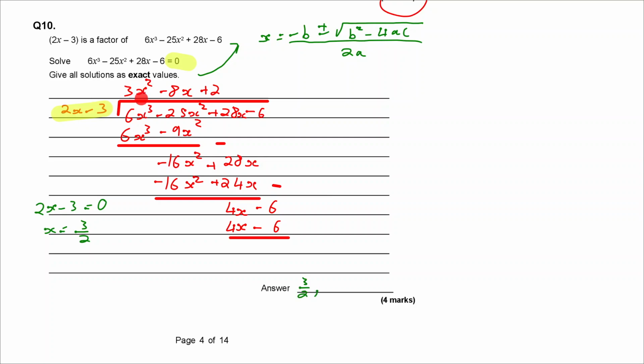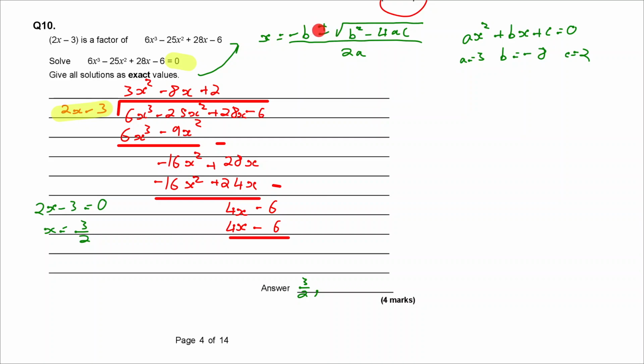But now, to solve this one, I've got to put it into the quadratic formula. So we can see that a is 3, b is minus 8, and c is 2. In fact, if you're year 10, you wouldn't have been taught the quadratic formula just yet. It's just where you've got a quadratic in the usual form, ax squared plus bx plus c. If you can't factorise it normally, you put in the values of a, which for us is equal to 3, b is minus 8, and c is 2, and you put it into this quadratic formula,